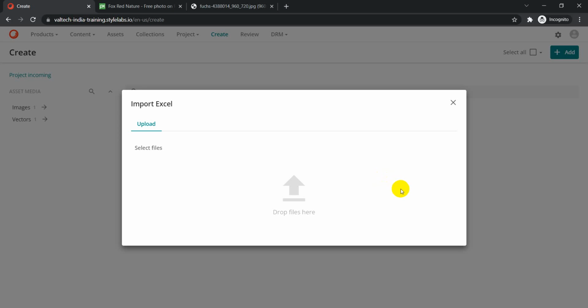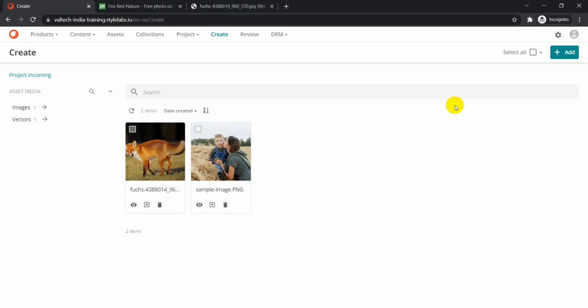But for this session, I just wanted to tell you what different options are available for a content author to create different assets in the system. So if you see, we have three options. We can either select a file individually, right? We have an option to provide a public URL for that, and we also can upload several assets. Bulk import we can do via import Excel, which we just enabled by going to the manage section, pages, and then enabling that import Excel button. So pretty much it